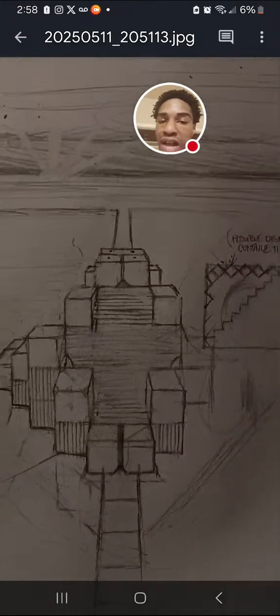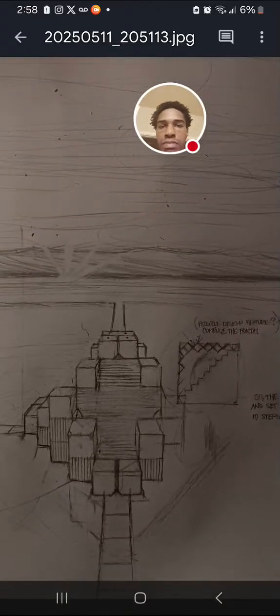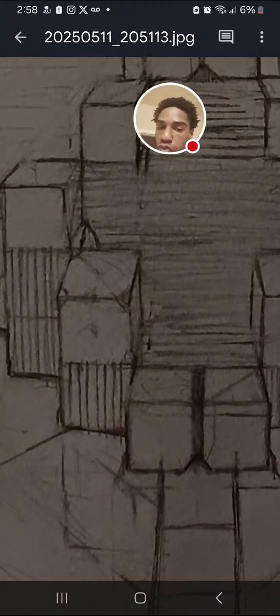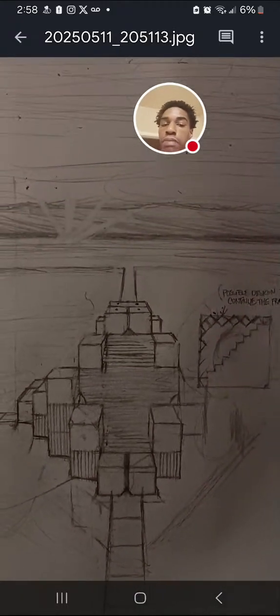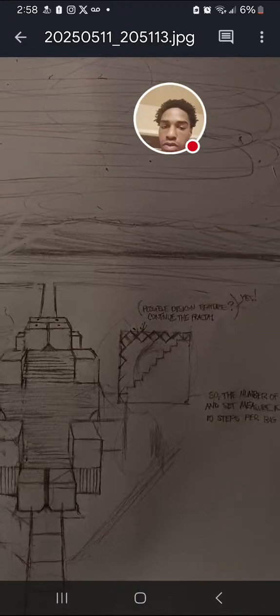So those blocks, you can pretty much guess, or not guess, but calculate precisely the size, the dimensions of these blocks. And at that point, every block, with it being 450 feet, you would have to have 90 feet tall blocks. So one thing I know for sure is that these blocks will be 90 feet tall. But if you put 10 steps per 90-foot block, that means that at that point,